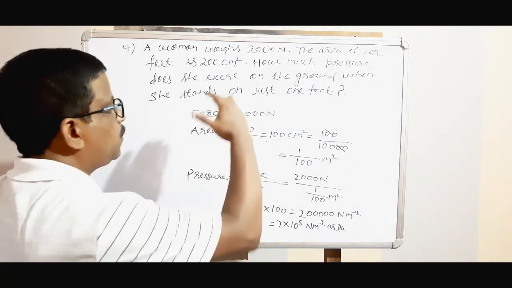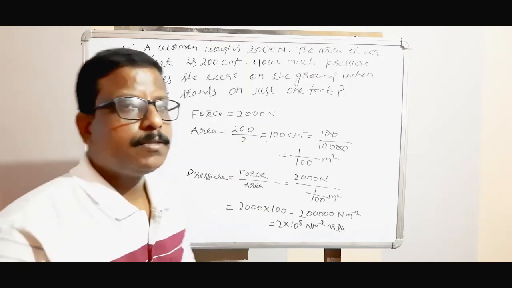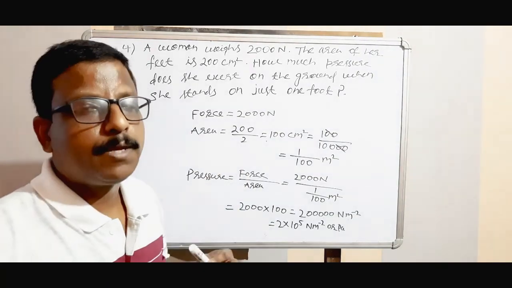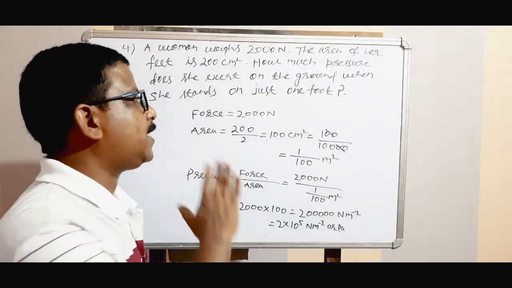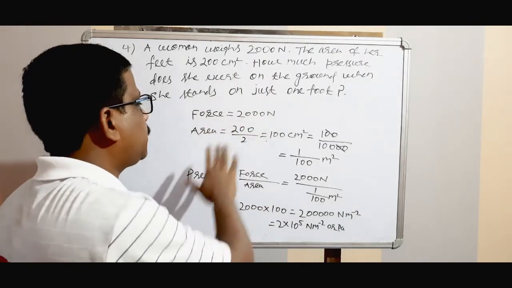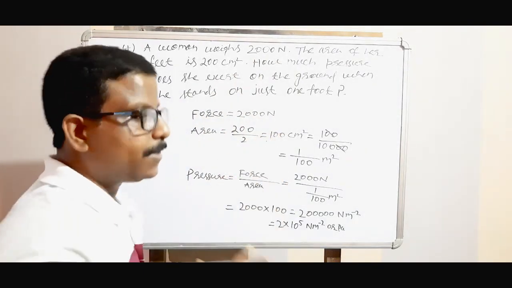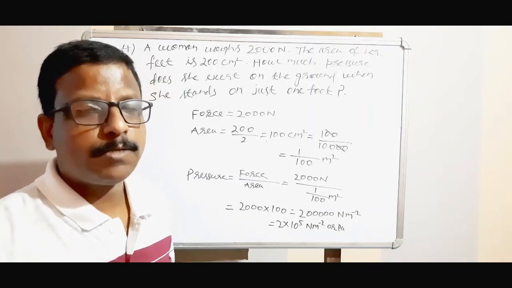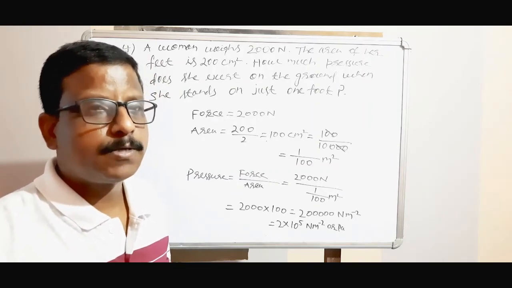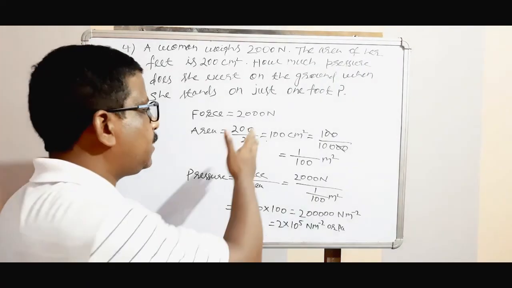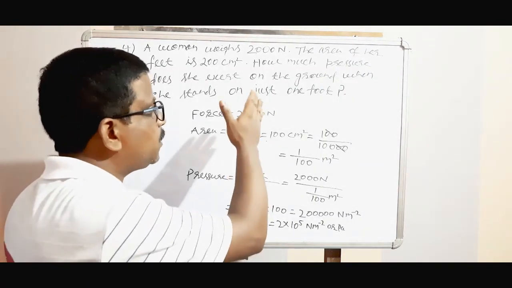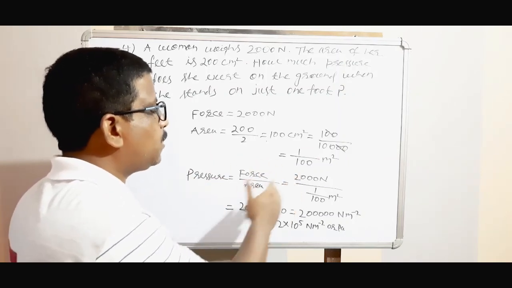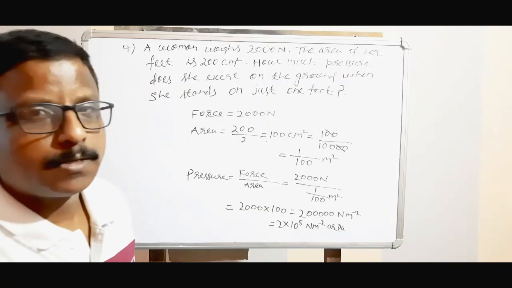How to solve? Always remember one thing. When you solve numericals, first, what are the values given? Those values you first write down. Here force is given, you write force. Area is given, you write area. Then you have to see whether all the units are in the same form or not, SI or CGS. If they are not in the same form, you have to change any one unit and bring them to the same unit. Then what does the question ask? To find pressure, so the pressure formula is used. According to the formula you solve and get the answer.